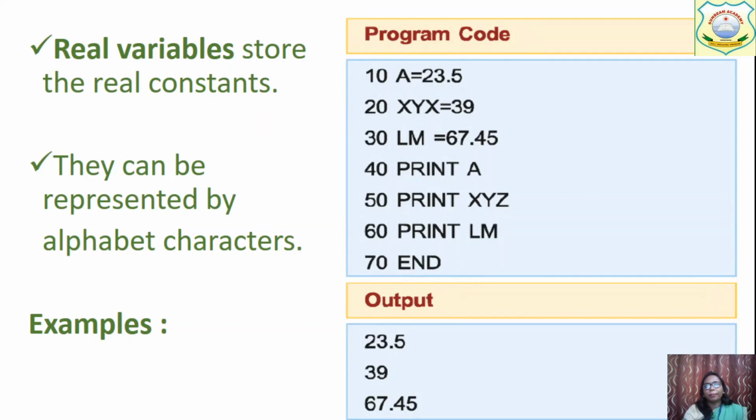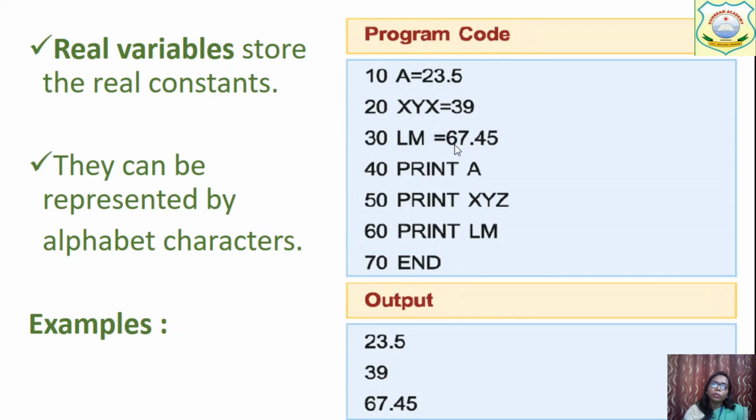See the example. 10, 20, 30, 40, all these are line numbers. Now we have A equal to 23.5. This is a real number. A real number is what? A real constant where we have decimals. Okay, now XYZ, this is also a real variable, and we are storing a number in it.